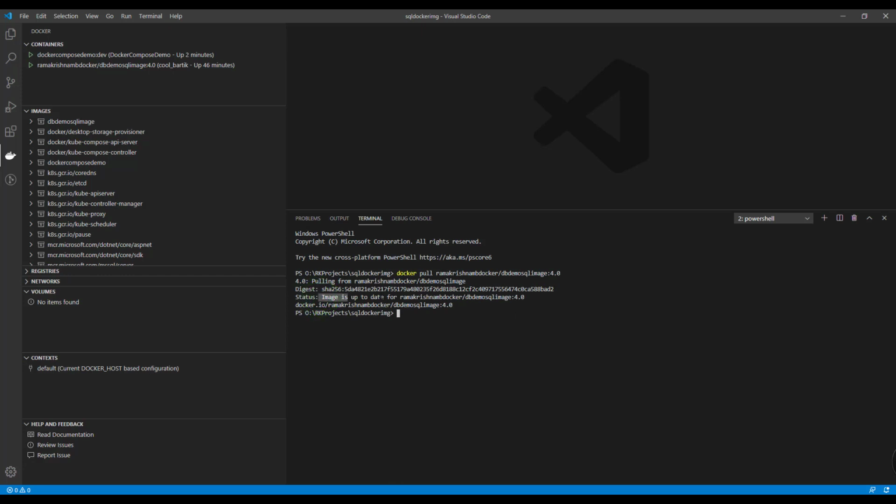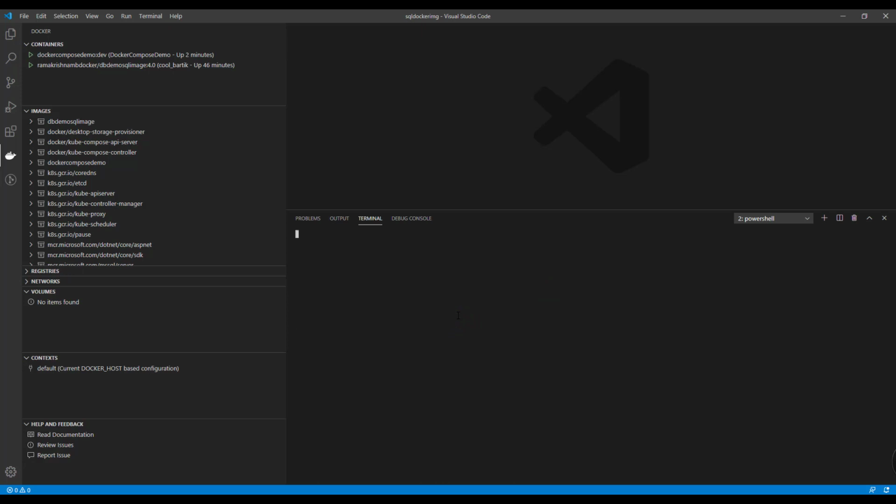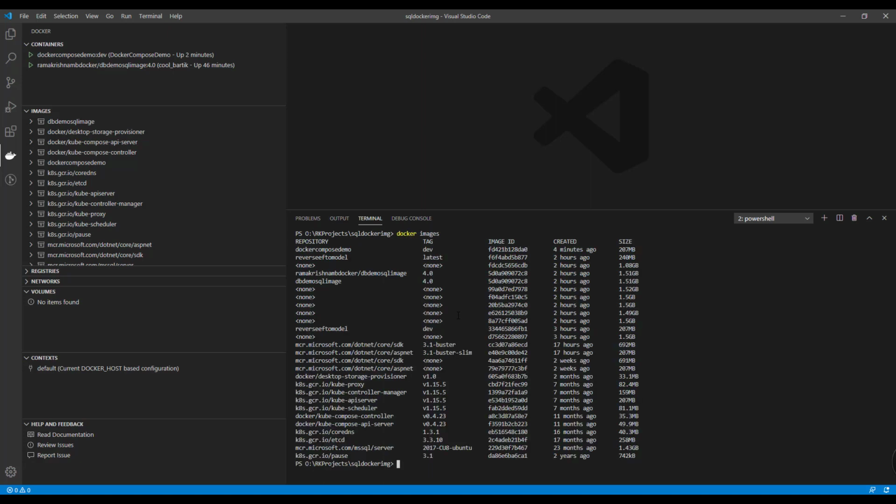It is saying that the image is up to date and there is nothing to download. There is no new layer available to download. Let us clear the command and see the list of Docker images we have in our system. You can see that we have the latest image downloaded in our system.